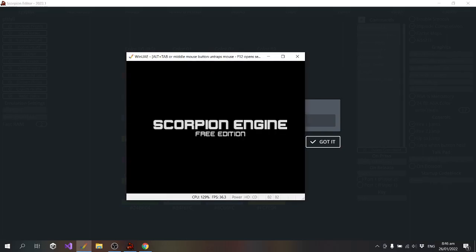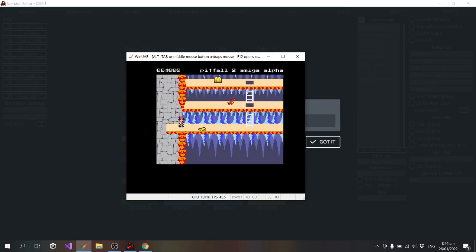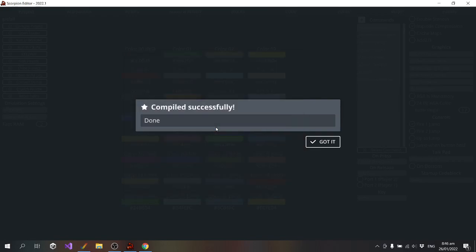And I'll change how the balloon spawner works. So if I walk off the screen, okay, that balloon is gone. It doesn't spawn another one.